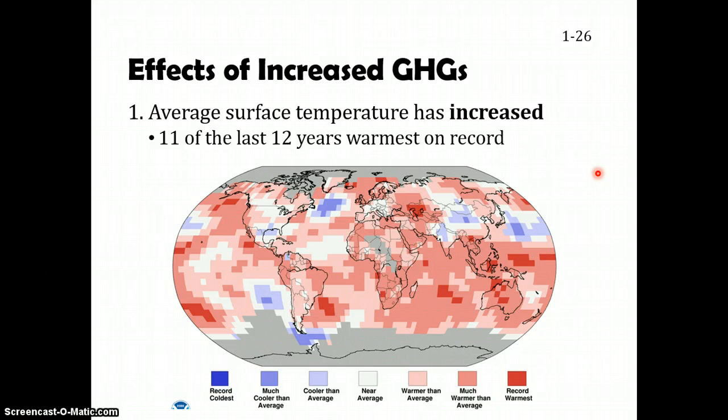Where we left off last class was we talked about the carbon cycle, we talked about fast and slow carbon pathways, and then we talked about how humans are releasing greenhouse gases into the atmosphere. Now remember, greenhouse gases aren't a bad thing. Without them, Earth would not be warm enough for us to live in it.